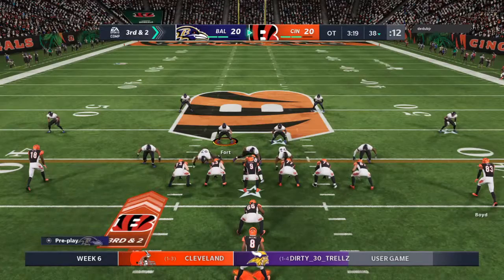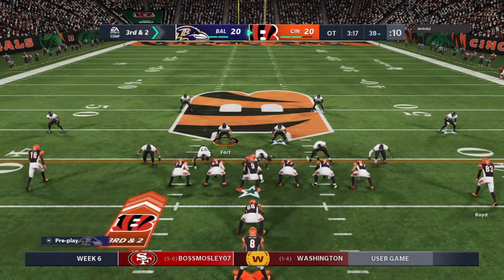Watch the ship, watch the ship. 6 guys, check 6 guys. Check,